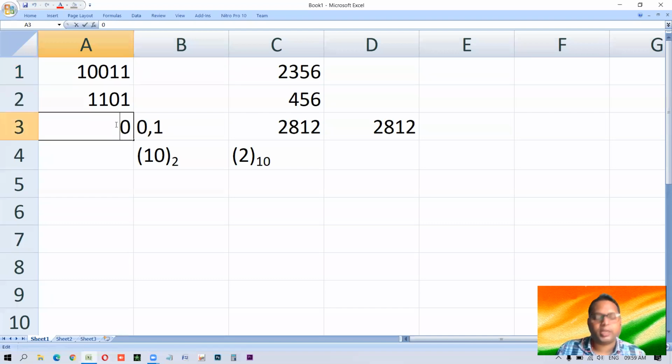So again, the 2 that results here — what is the binary of 2? We have 2 as binary 1 0. So 1 0, the 0 stays, and then 1 again is carried forward to the next left side. So again the same case, 0 plus 1 is 1, and the carried 1, 1 plus 1, again it became 2. 2 is 1 0, the 0 stays and 1 again is carried forward.